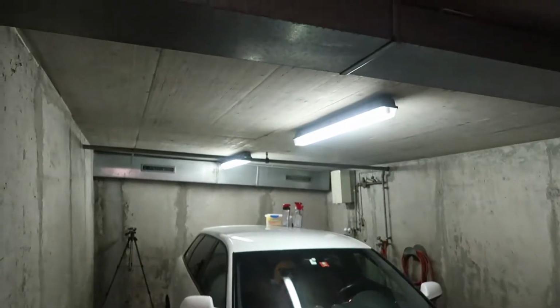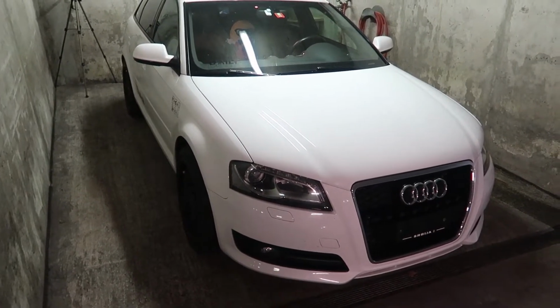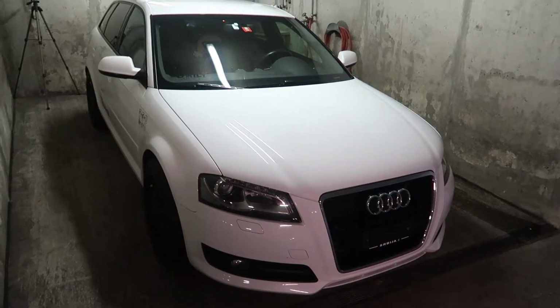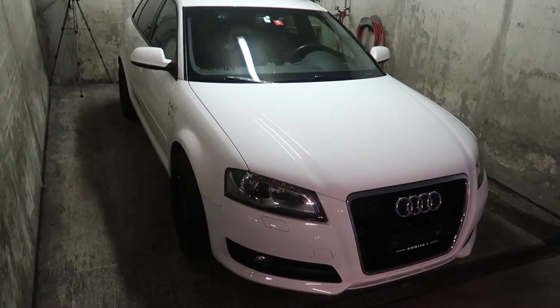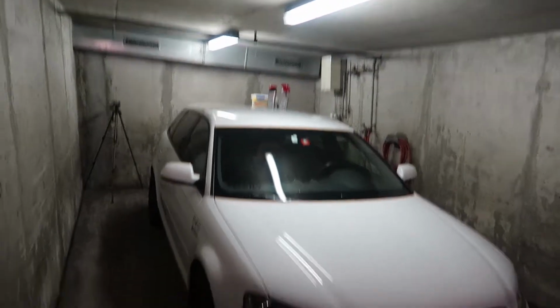We are here in the box in my parking garage where I usually park my car. I don't have enough space to wash my car outside of my house because I don't have direct access to a street nor to a hose, and I cannot park my car in my backyard, so that's why I have to do it here. But here it's illuminated, you got ventilation, everything, and I got a few things already ready,